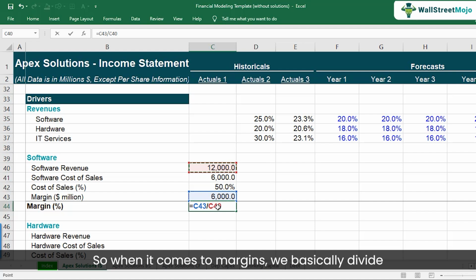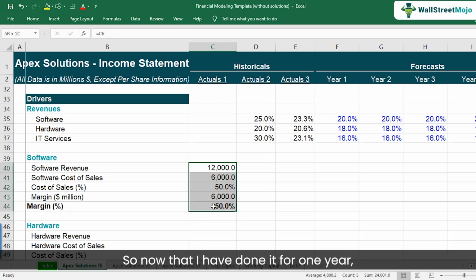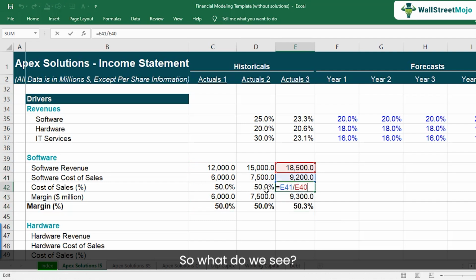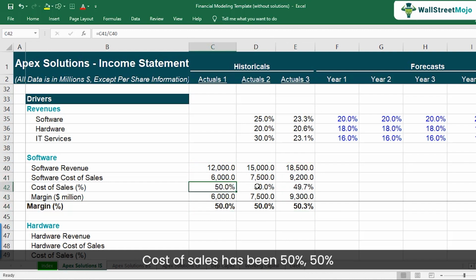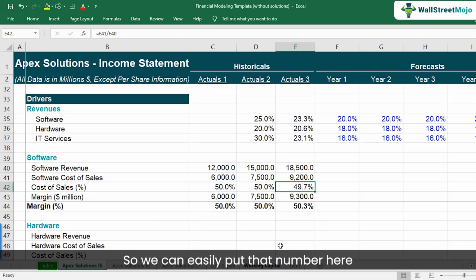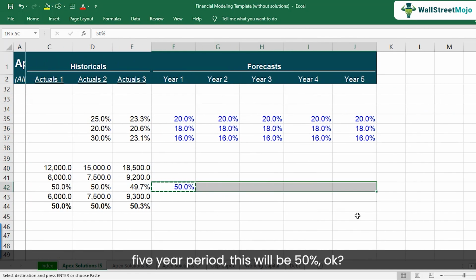Now coming to margin in percentage, this will be 6,000 divided by revenue. So when it comes to margins, we basically divide everything by the revenue, right? So in this case, we're trying to figure out the segment margin. So we will use segments revenue. Okay. So here we get this as 50%. Okay. So now that I've done it for 1 year, I can easily copy this and paste it for the other years as well. So what do we see? Cost of sales has been 50%, 50%, and 49.7%. Okay. And we have been provided this same number 50% by the management as well. So we can easily put that number here, that going forward as well in the next 5-year period, this will